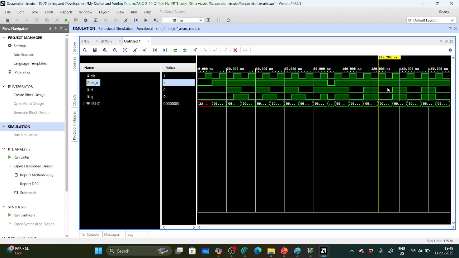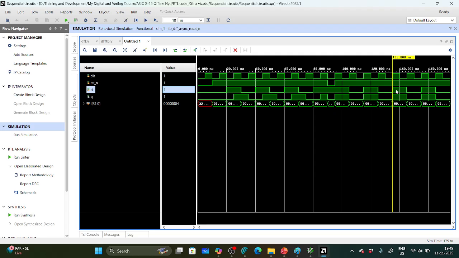During this edge of the clock, D is 0, Q is 0. During this edge of the clock, D is 1, Q is 1. During this edge, D is 0, Q is 0. During this edge, D is 1, Q is 1. During this edge, D is 0, Q is 0. Just during the edge only the output is changing. So like this you need to analyze